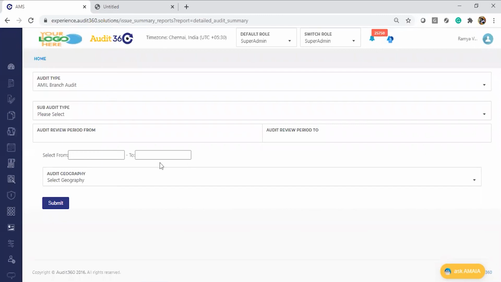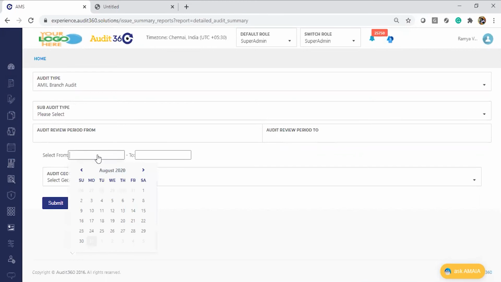In this report, you have a review period, so you can choose for which review period you want to pull out this information. When scheduling the audit, we give a review period, and this would work only if you have already provided a review period during the audit schedule.